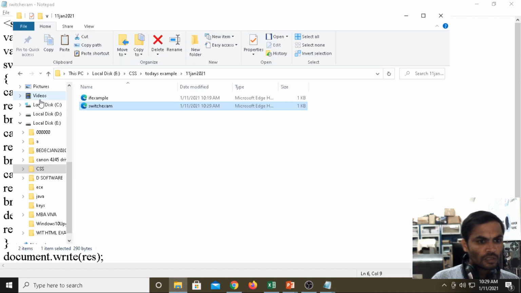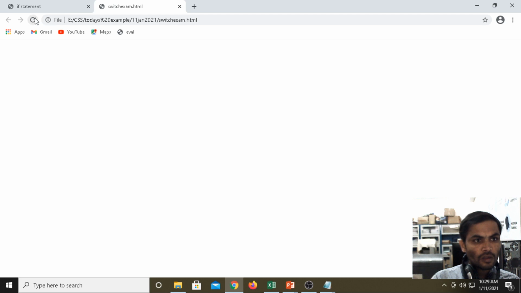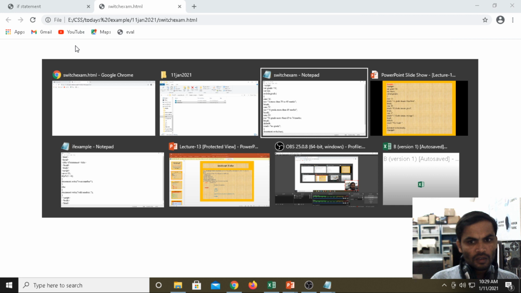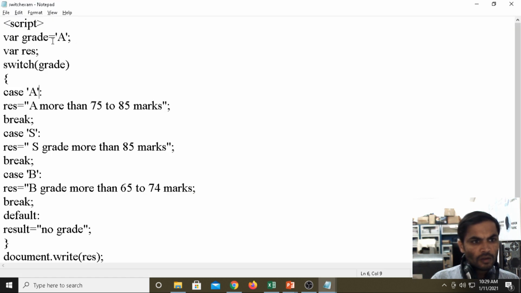Control S. Maybe spaces will be there here. It is res, not results.